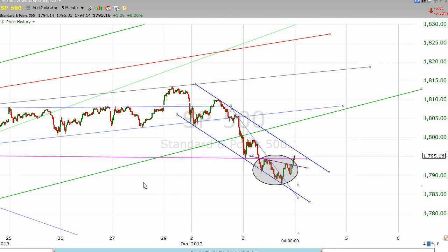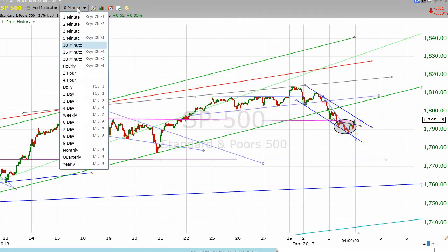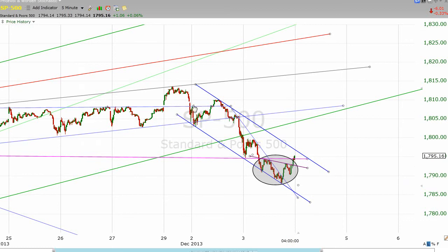So going into tomorrow's session, and by the way, you can see our extended neckline right here from this inverted pattern we had back here. You see how today's trading kind of bounced in and around that, bounced on it, came up, broke through it, then came back and it resisted it, turned into resistance, but we ended a tiny fraction above that line. So what I'd be looking for right now,